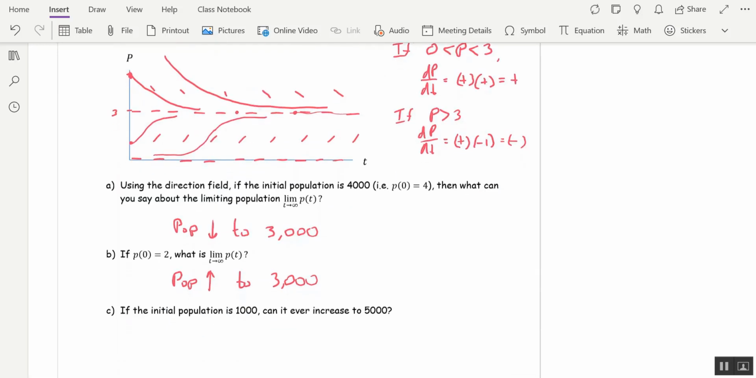And then if the initial population is 1,000, can it ever increase to 5,000? So if you start down here, can you ever end up here? And no, if you start at 1,000, it cannot exceed 3,000. Okay,